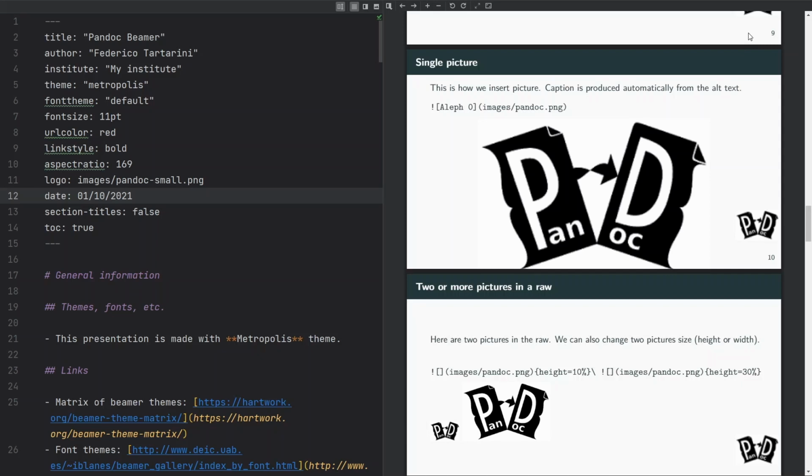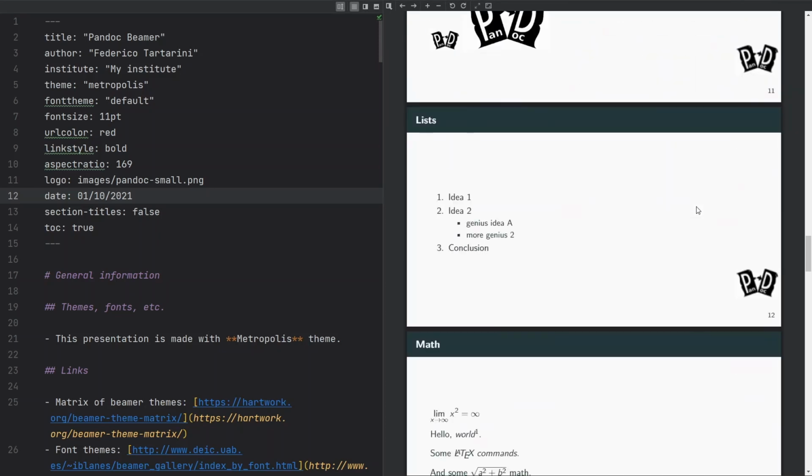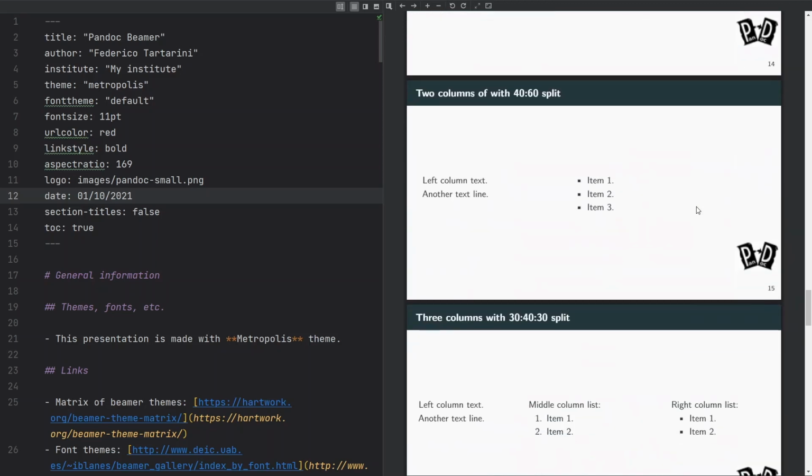I don't have anything wrong to say about Pandoc, but if you want to create a very complex presentation or a very complex paper, it's still converting something from a markdown language to a Beamer presentation. So at one point you might face some issues. So it's very important that you understand which type of project you want to get started with, and if you just want to put a few lines of code together to create a simple presentation, that would be fantastic. And as you can see on my screen, the presentation doesn't have to be that simple. You can create quite a complex presentation with math equations and so forth.